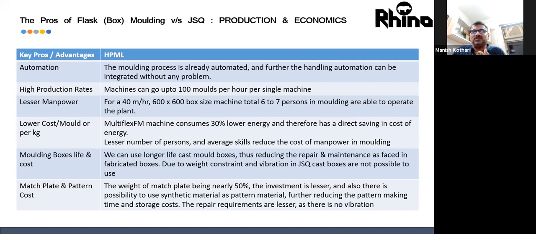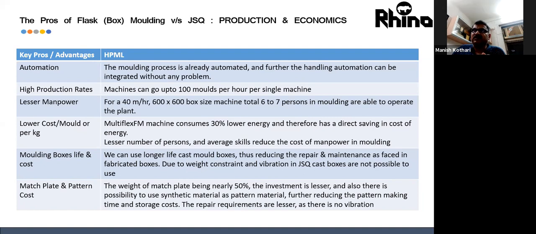And with good heavy duty cast boxes, I've seen a life of maybe 15 years, 20 years. The first high pressure line which we made in Chakan, Forest, we commissioned in 97, and they still have 150 boxes working over there with a few repairs. So the box life can be more than 20, 25 years, and it's a one-time investment. So the life is better, the vibration is less, so the life of the pins and bushes is higher.